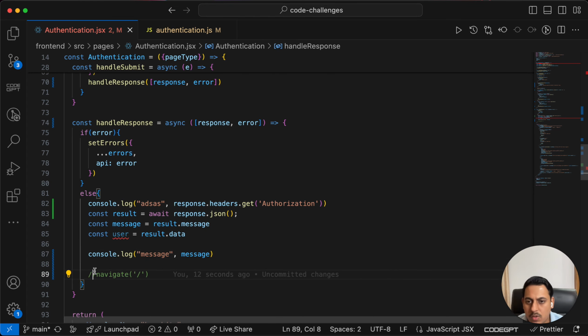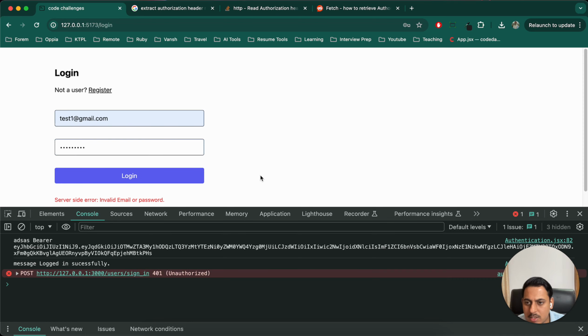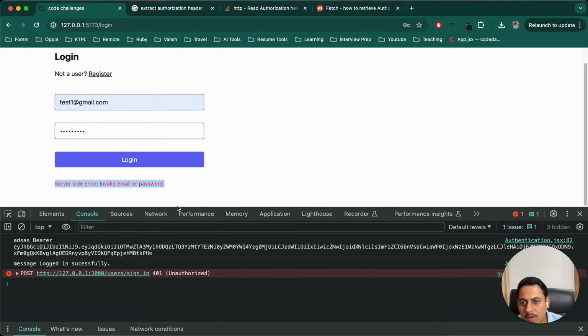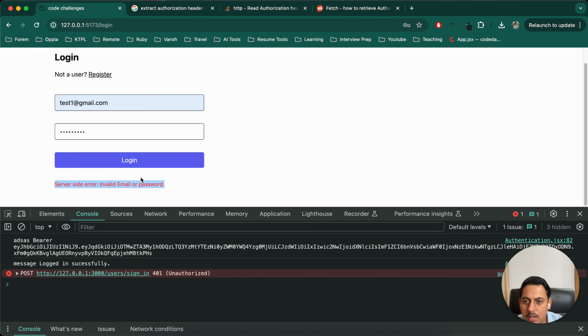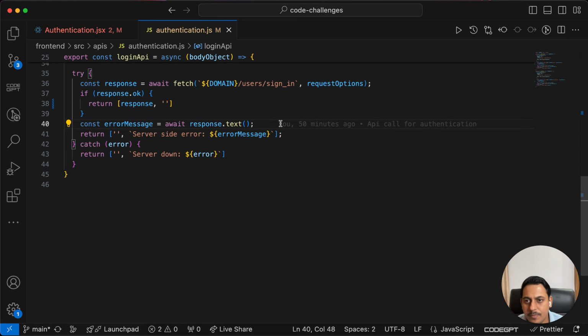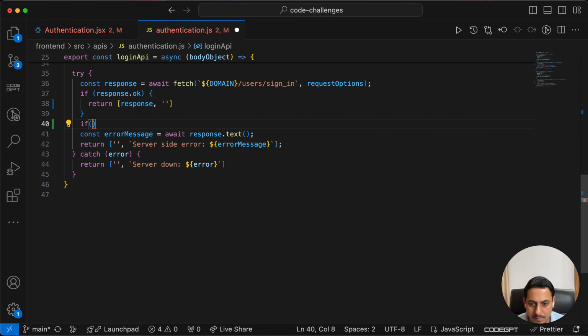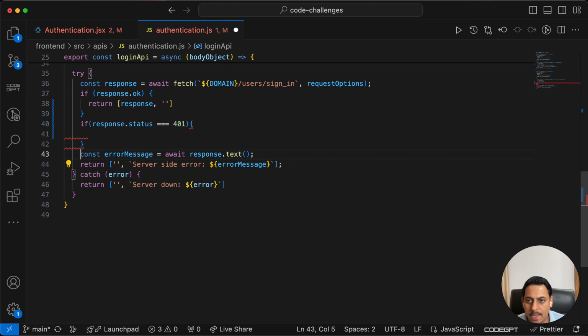Now there's one more thing that I want to do, which is cover various edge cases. So what will be the edge case? The password did not match. So in that case, let's log in. We are getting this error, server-side error, invalid error. Okay, so we'll go to our authentication, server-side error, invalid email or password. In this case we are getting a 401 status code, right? So what I will do is, if response.status equals 401, if it is 401, I'll return a custom error, which is